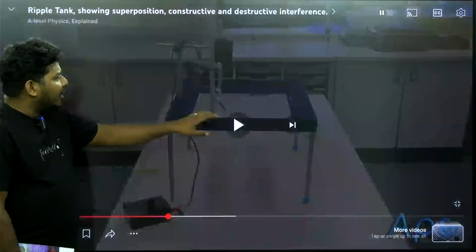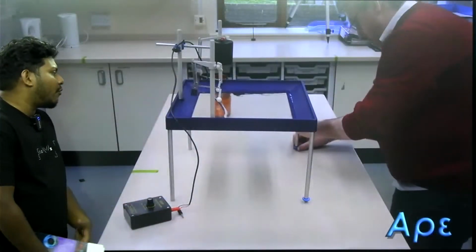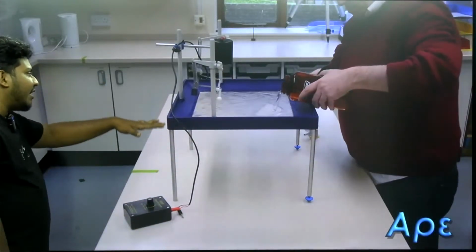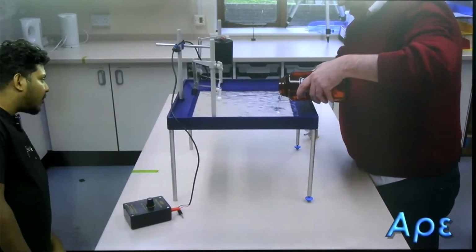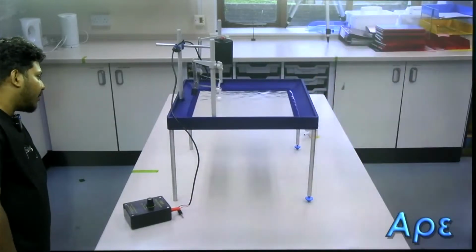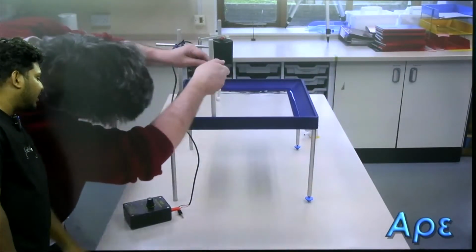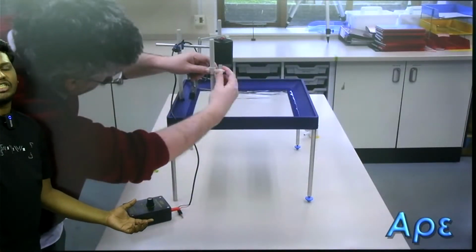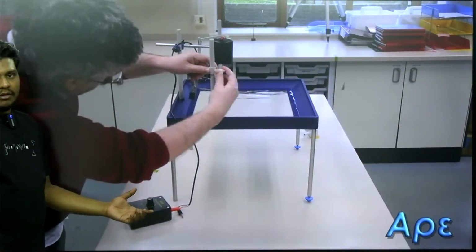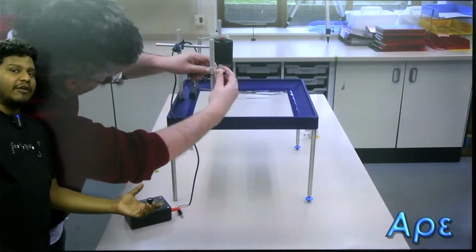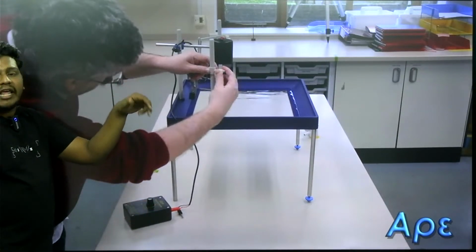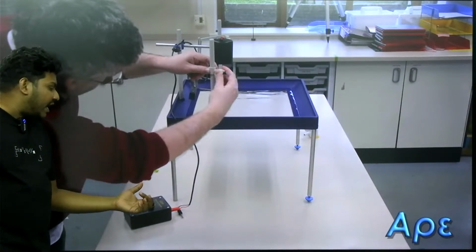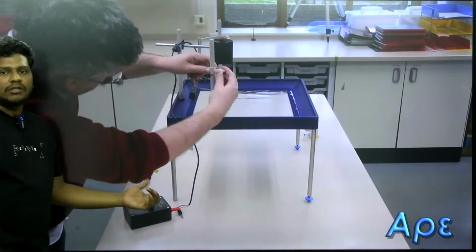Okay, right. So he's pouring the water here now, and he is using the water level. He is making the table horizontal. Okay, right, making the table stable. Look at this instrument. We can change the frequency of the vibrator. That means how many oscillations I need to make within 1 second. Those things we can change using this